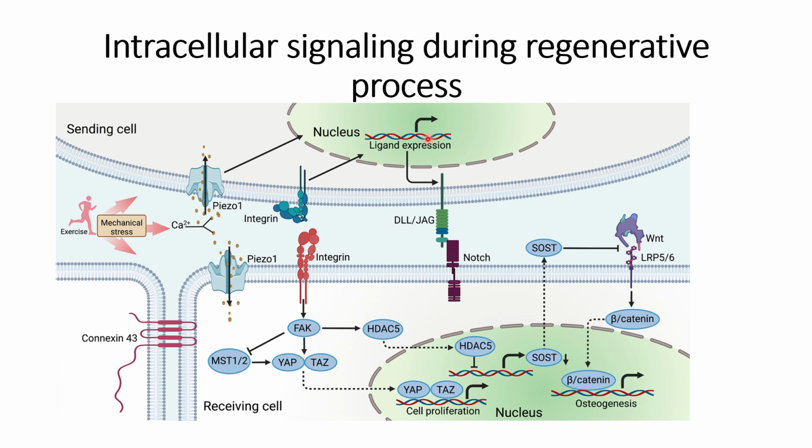Because of the upregulation of the ligand expressions that we have discussed, the increase in the cell surface transmembrane proteins such as DLL, JAG will interact with Notch, the receiver proteins, and can trigger the PI3K-AKT pathway that will lead to myogenesis. However, in this video the discussion is more focused on these integrin interactions, and that will trigger these FAK signaling pathways, and these FAK signaling pathways thereafter will inhibit the MST1/2 pathways and activate these YAP-TAZ